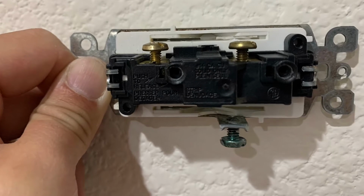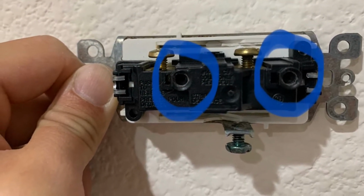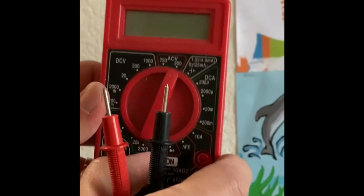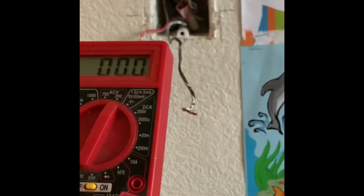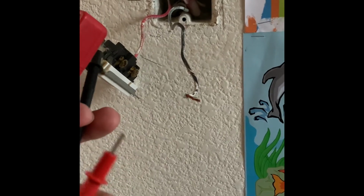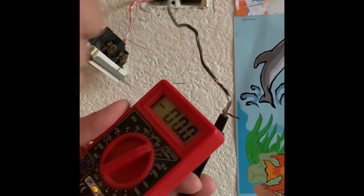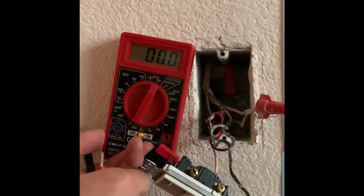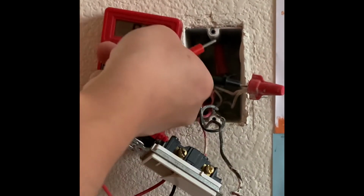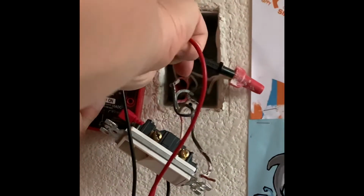This is the old switch. It has 2 inserts for the hot and neutral wires, and I'm gonna use this multimeter to identify and verify the hot wire. So I'm already assuming that the black wire is hot, so I'm just testing it, and you can see it's got voltage. Testing it to white. Usually white's neutral, but